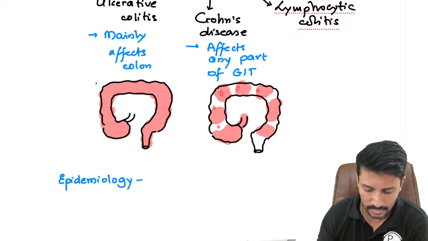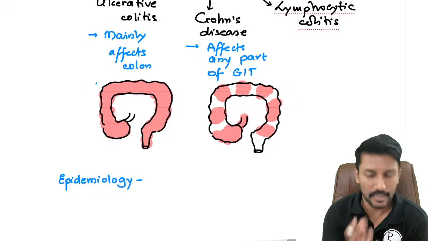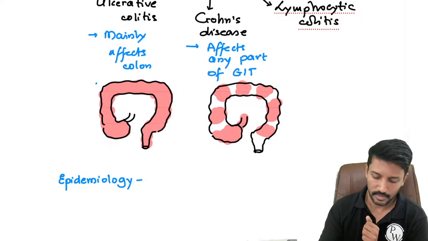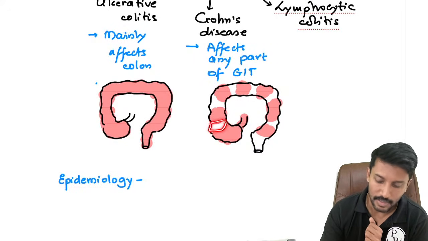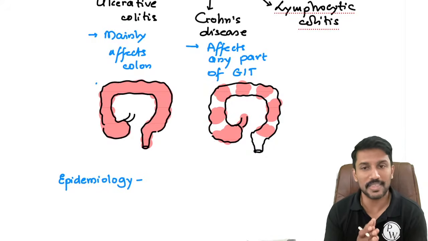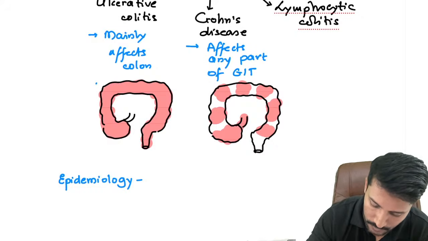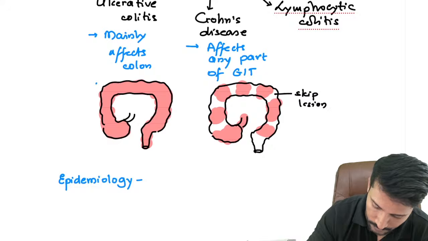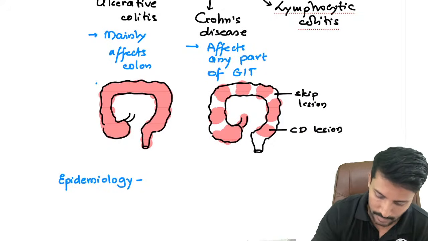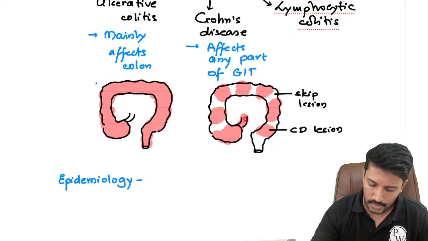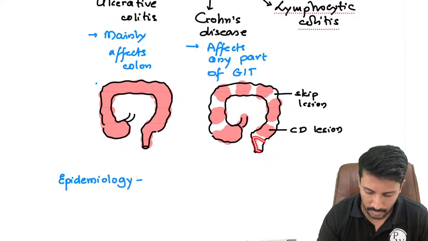Second thing that we are noticing here is when inflammation escalates, it is leaving behind unaffected areas, right? So there is a segmental involvement. There's a segment which is affected, there's a segment which is not affected. So these islands of unaffected regions, we will call them skip lesions, right? It is the Crohn's disease lesion here where there is inflammation, but some areas are skipped, so we'll call it skip lesion. As you see here, there is involvement of terminal ileum and the rectum is relatively spared.